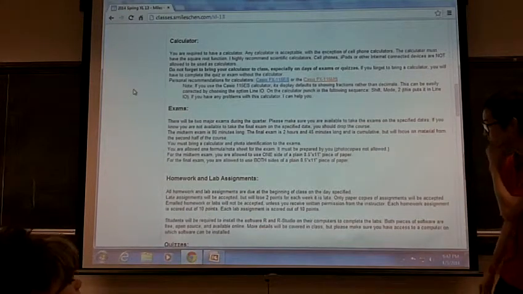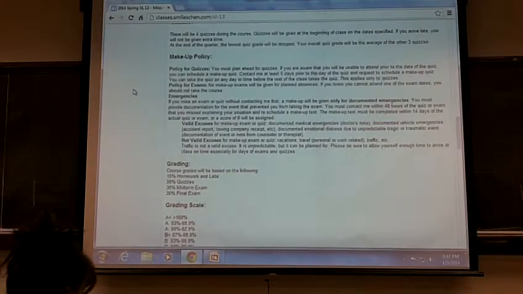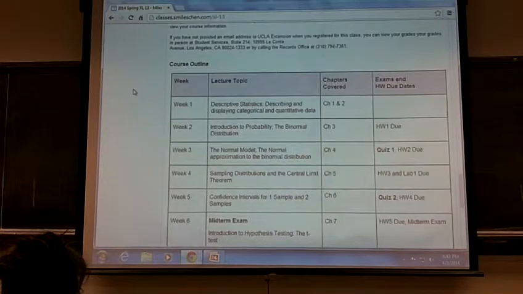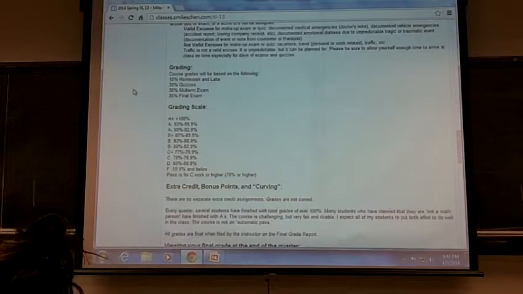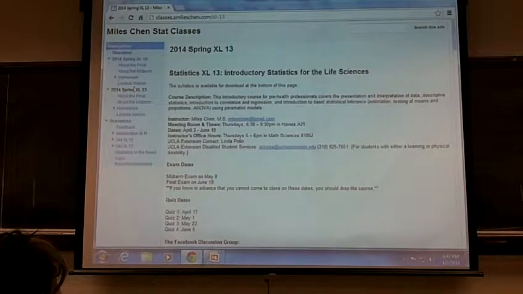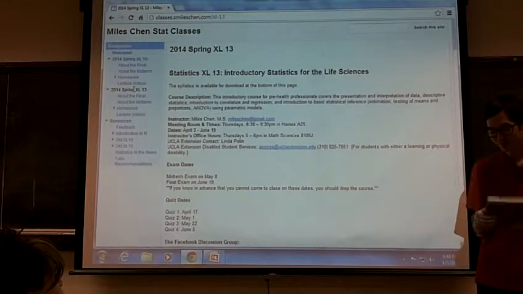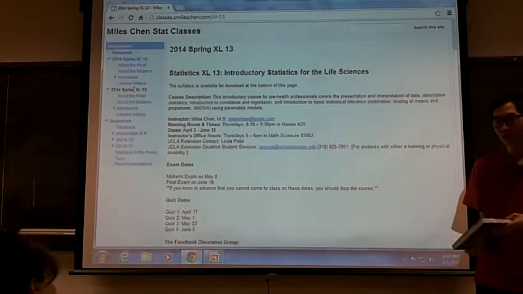We'll talk about the exams as those approach, and then I assign homework pretty much each week, and that's that. This is what we'll be covering. We'll pretty much get through almost the entire book. Okay, we'll skip a few sections, but we'll cover everything. It's an introductory class, so it's like a survey of statistics topics. Okay,